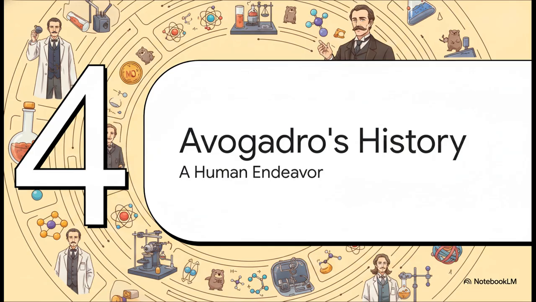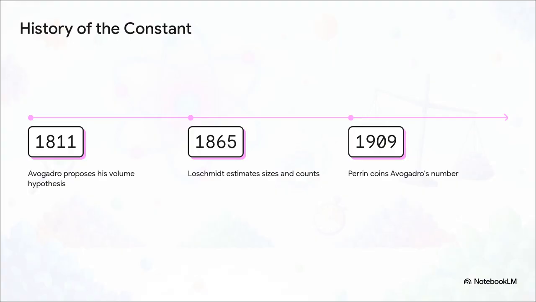All right, let's shift gears to part 4, the history of Avogadro's number, and why it's such a uniquely human endeavor. Figuring this all out was a massive, multi-generational human effort. It all kicked off back in 1811 when Amedeo Avogadro proposed that equal volumes of gas contain equal numbers of particles. Fast forward a bit to 1865, and Joseph Loschmidt used gas laws to make the first real mathematical estimates